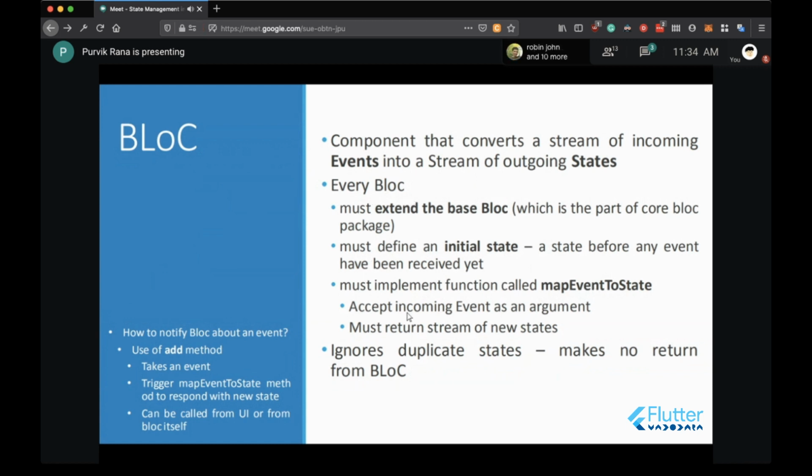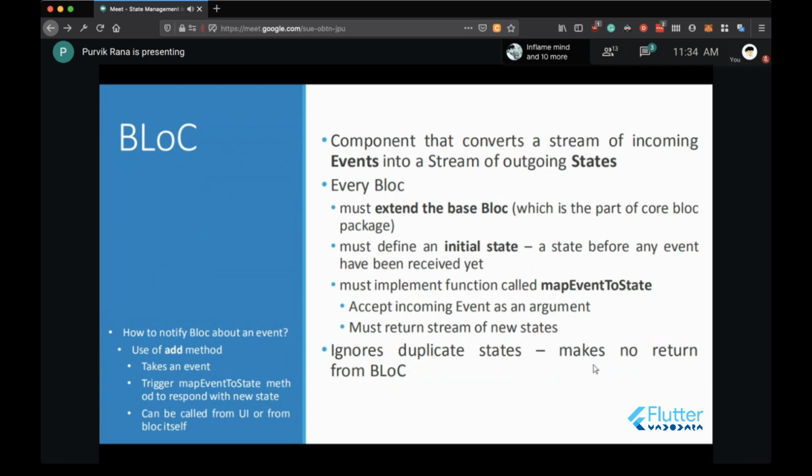It accepts the incoming event as an argument, and it must return a stream of new states. So you can emit different states from this function. And it ignores duplicate states.